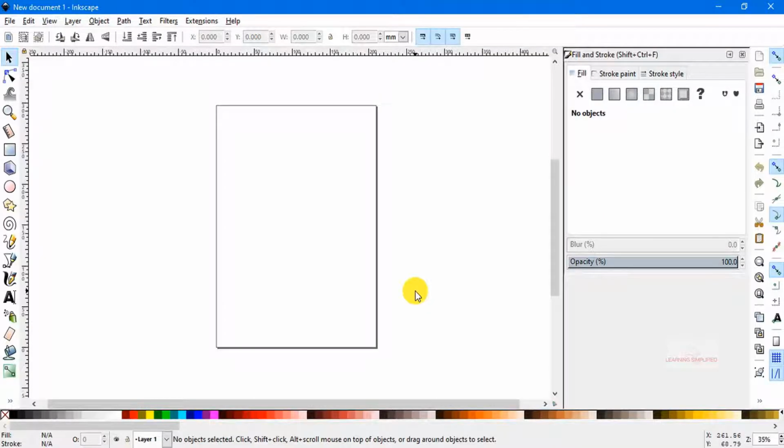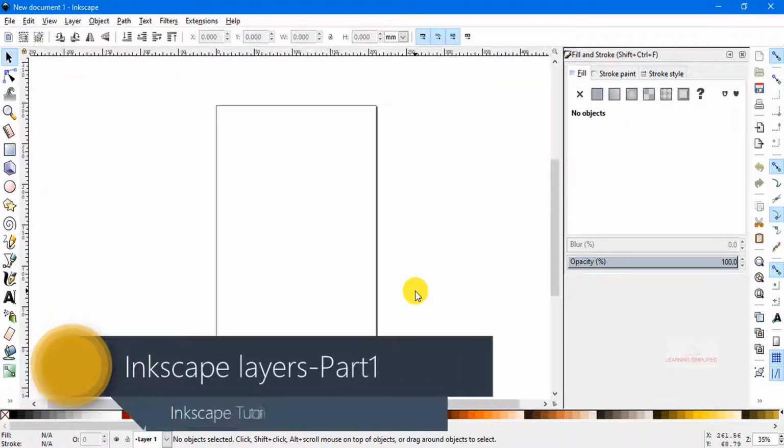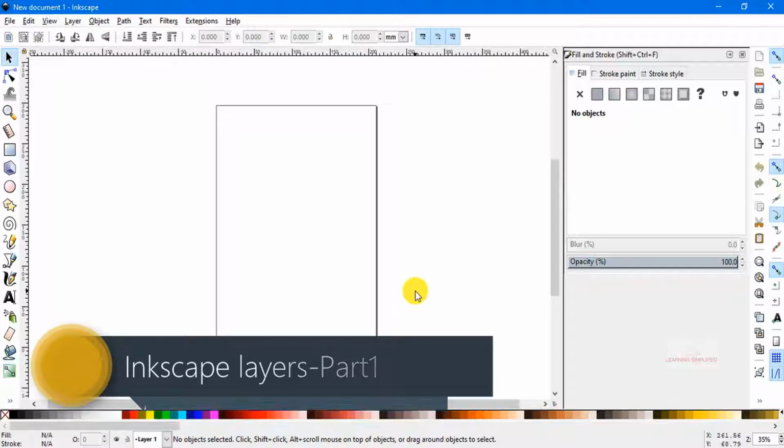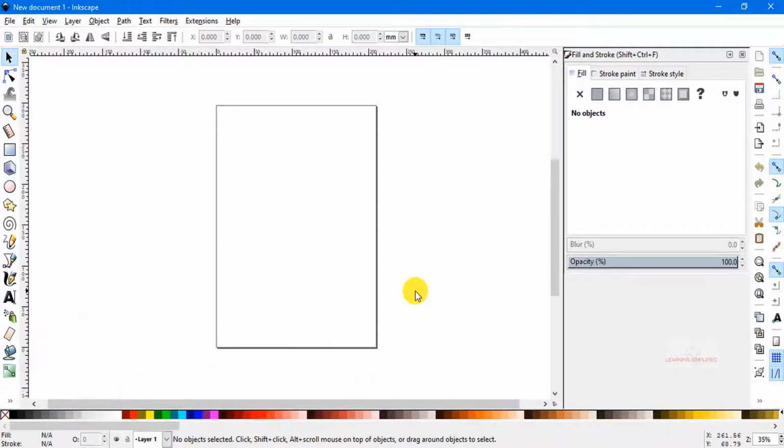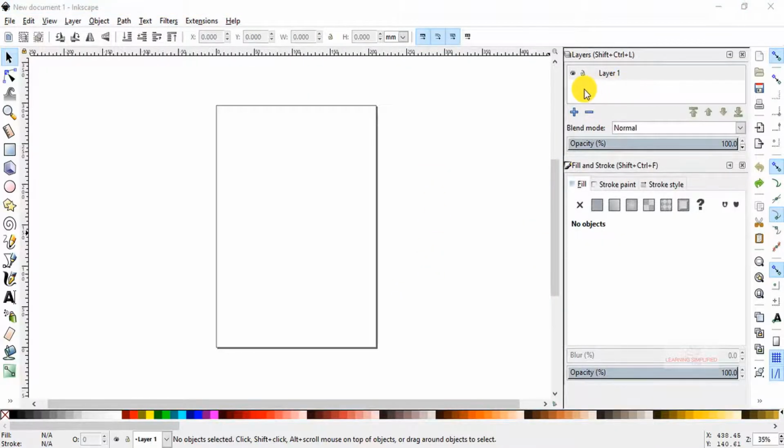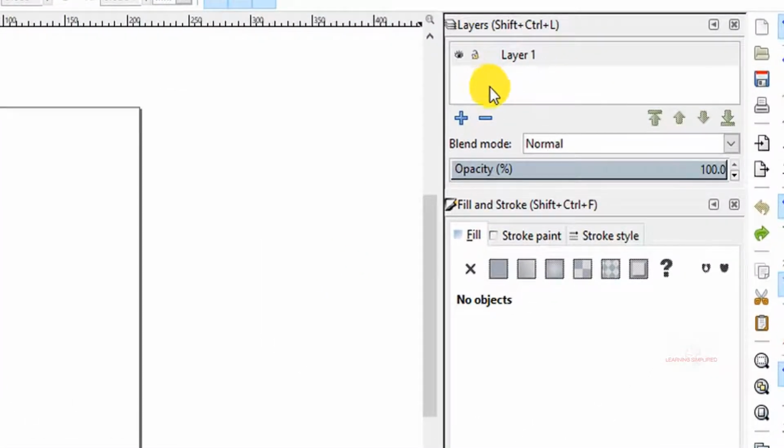In our previous tutorial, we had quite a discussion on labels and groups of objects or elements on any Inkscape canvas. Now in this tutorial, we are going to learn about the layer property which is used in Inkscape, and for that purpose the first thing we need to do is introduce the layer panel into this extreme right document panel right over here.